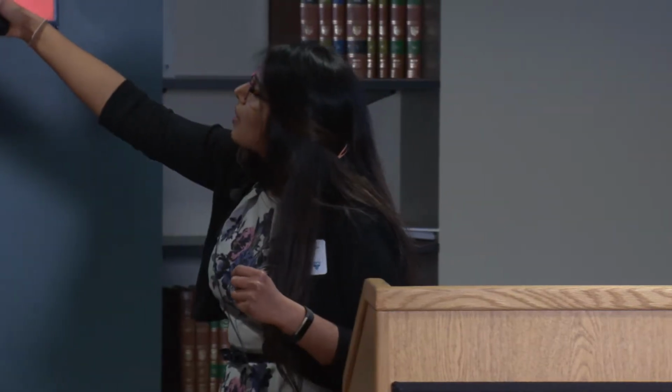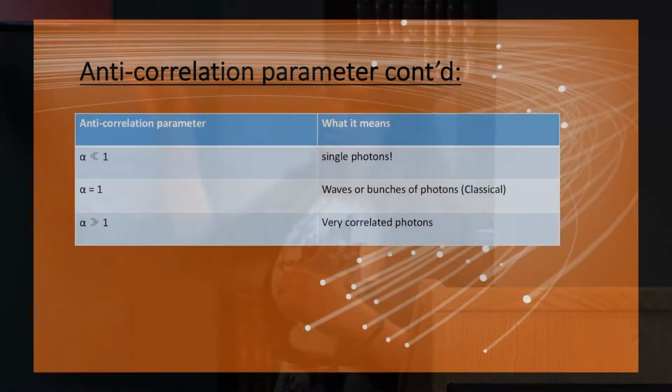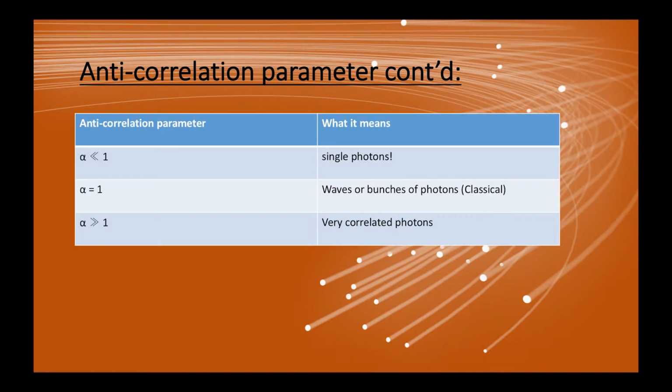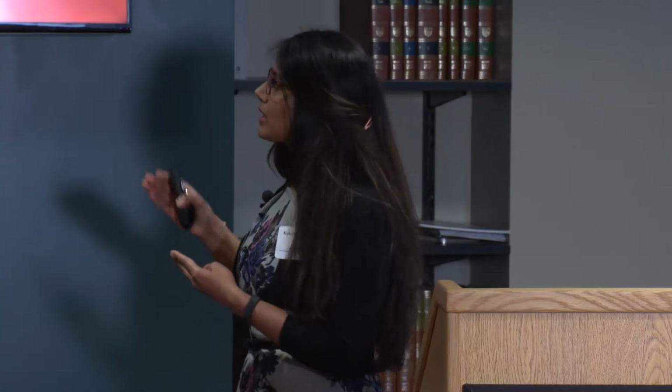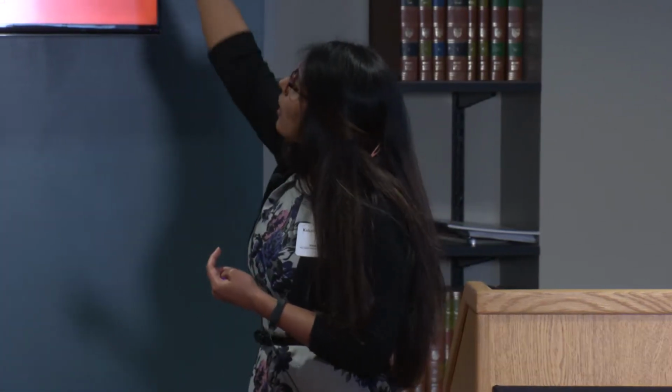You can also get other alpha values that I'm going to show. When the alpha value is very much less than 1, like 0, which I'm talking about right now, I would have single photons, which is what we need. But the alpha value could also be 1, which indicates bunches of photons, not just one. And the alpha value could be more than 1, which indicates correlated photons. These two I'm going to talk about later, because those values come up. Going back to the first one, that is what we're expecting with the dimmer light. And let's see my results.